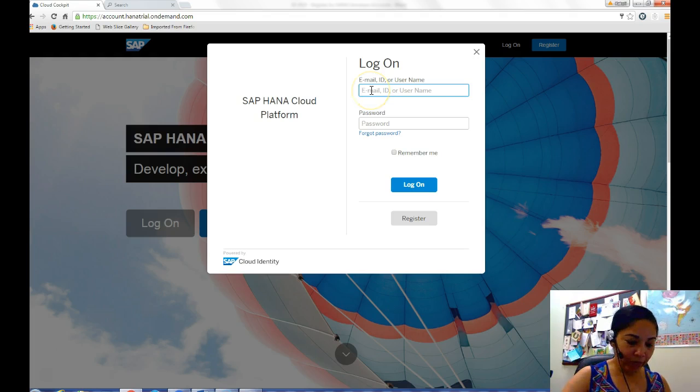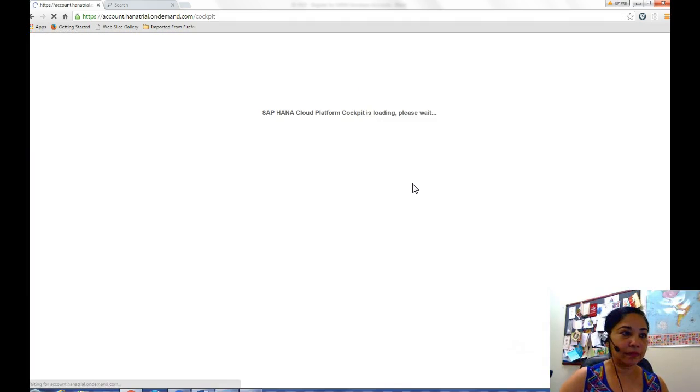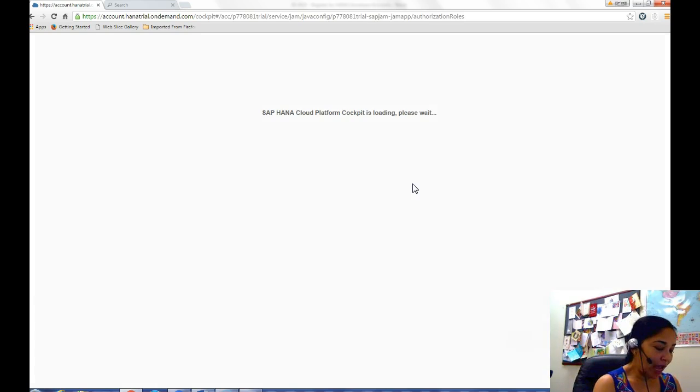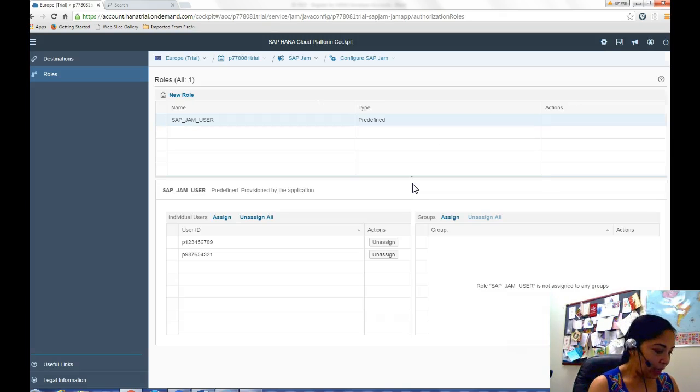So I will do mine. So when you log in to the cockpit, you will often see a dialog that shows news and announcements which describe updates to the platform. The platform can evolve quickly. So your first screen is,